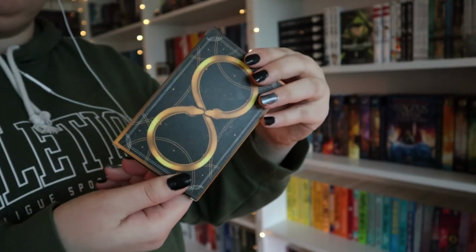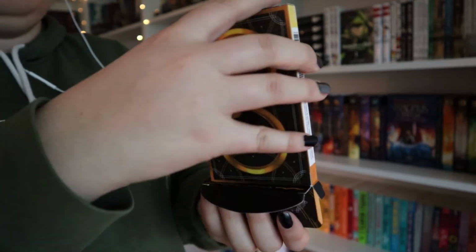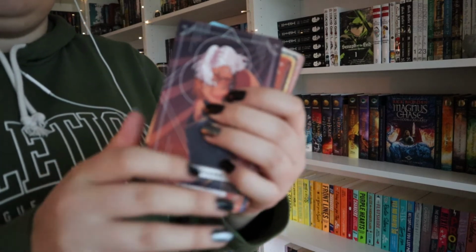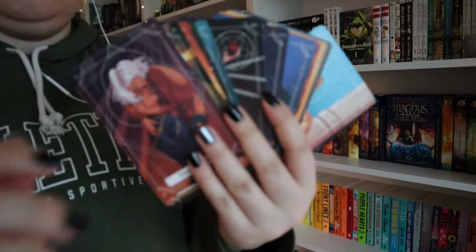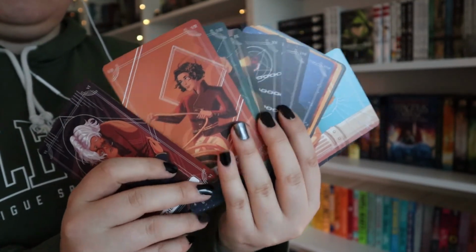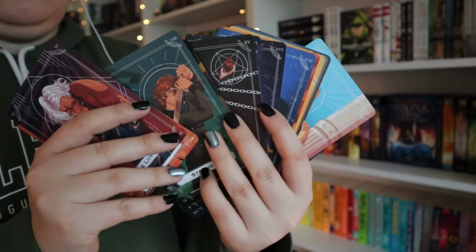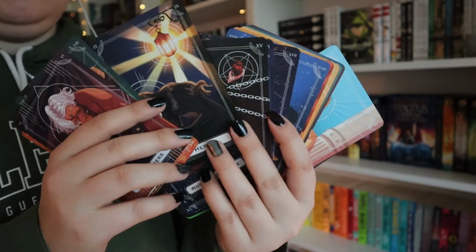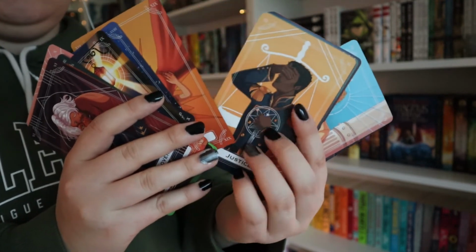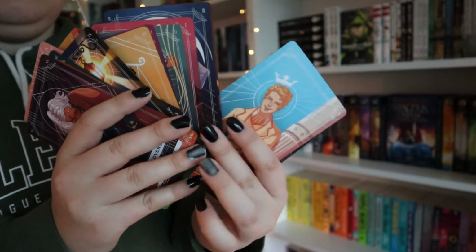So this is a Blood and Honey tarot cards that I got from Fairy Loot. I just wanted to show them off because they're so stunning and I rarely get the chance to show them off. I just love them so much. They're so freaking stunning. The artwork is...